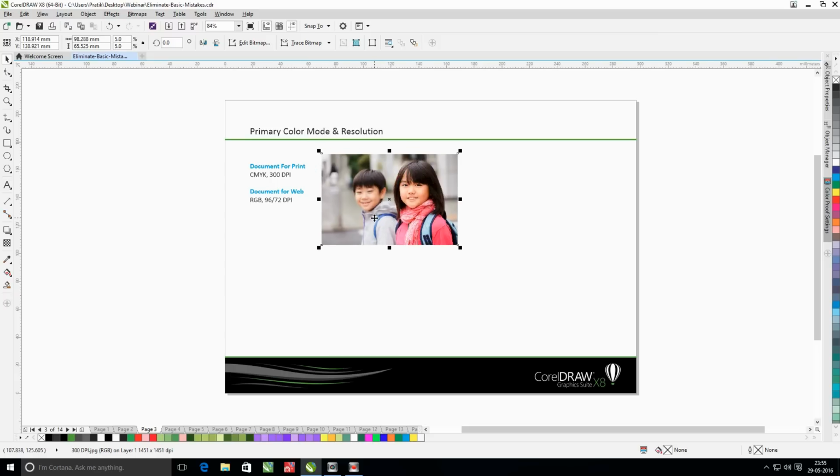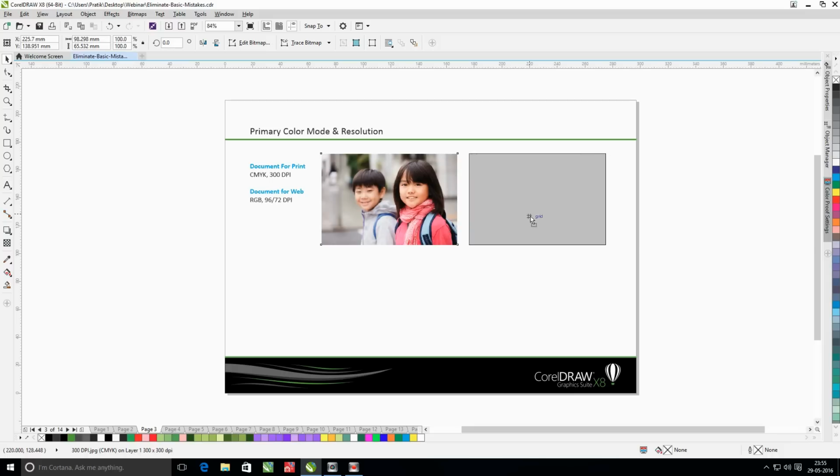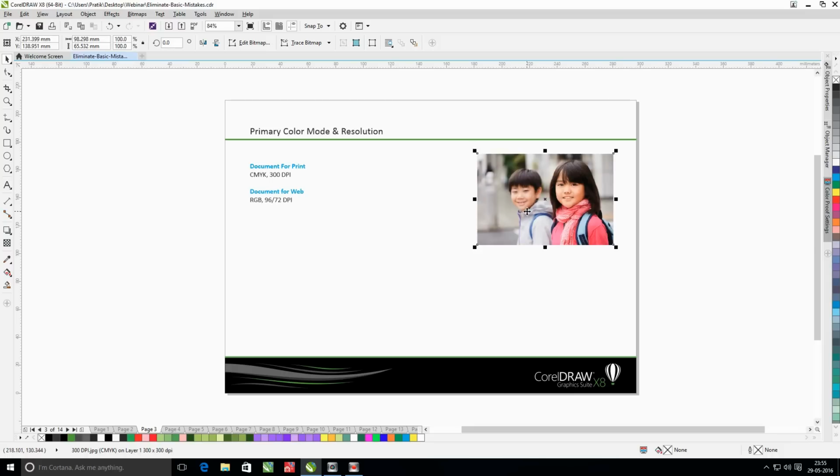So it is recommended that when you have too many of such images, there is no point in keeping them at 1000 dpi. You can always convert the bitmap to CMYK mode at 300 dpi resolution. So your file size does not get much heavier, and you can easily get a good quality output.